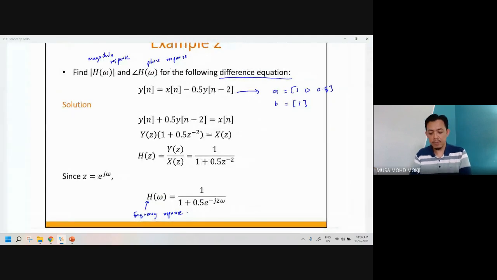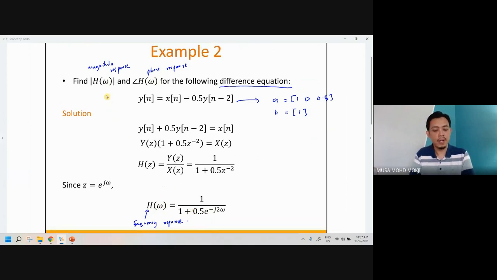Look carefully. I'm writing it as a frequency response. And what is this? Magnitude response. This is the phase response. The original response, which is the frequency response, is actually in terms of real and imaginary. So this is in terms of real and imaginary form. This is where we call it frequency response. After you put a modulus on it, it becomes the magnitude response. If you do tangent inverse of the imaginary over the real part, we get the phase response. The original is the frequency response, so we call it frequency response. So this is what we have now.